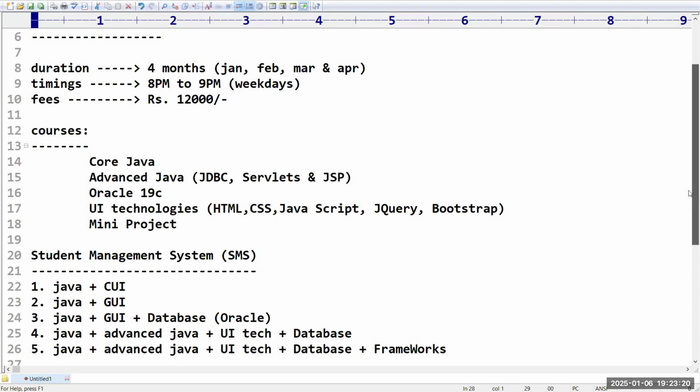With one more reminder, I'm going to start the session. The timing of the session is from 8 p.m. to 9 p.m. We already started a batch. Whatever concepts I covered for them, we are going to take here, and then I will combine with the students from Monday onwards. We have only 3 demo classes: today, tomorrow, and the day after tomorrow. After that, we are going to continue.